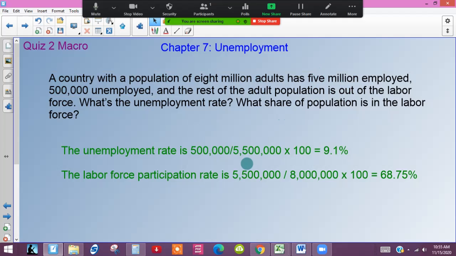So we get 5,500,000 in our denominator, and we multiply that answer by 100